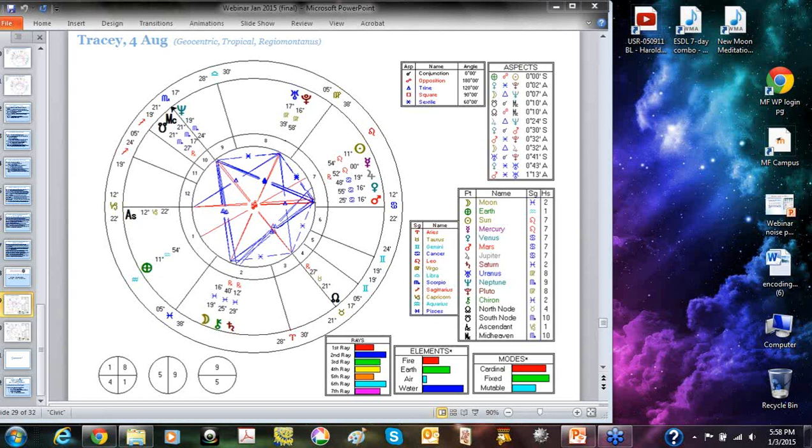You have the capacity, with all of this in Cancer, to be nurturing, caring, and create an environment that's safe for other people in relationships. And don't be afraid to say it how it is, to be structured, to be that strong person that you certainly can be. It's difficult with all that water, I know, but you can step out of that and be who you are. And that's all I've got to share with you: be who you are, because you have so much potential there. Thank you. That's lovely.